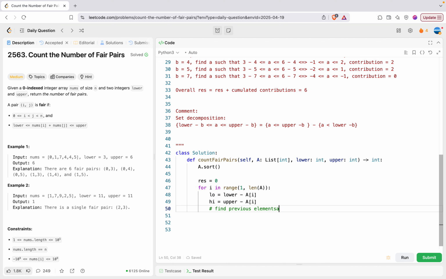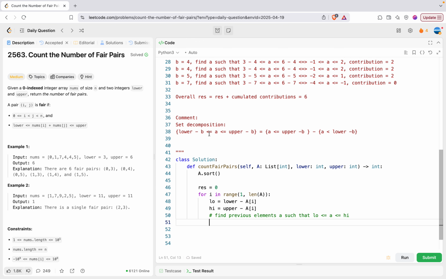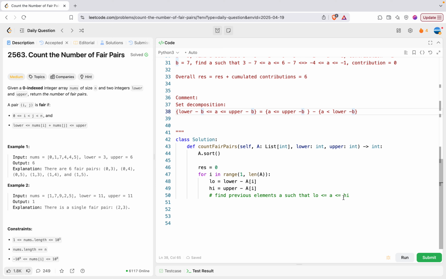A such that A is in between low and high, right? Or I can write it like this. So now first we use the set decomposition to find this. So here it should be lower minus B. So first we want to find all elements to the left that are less than